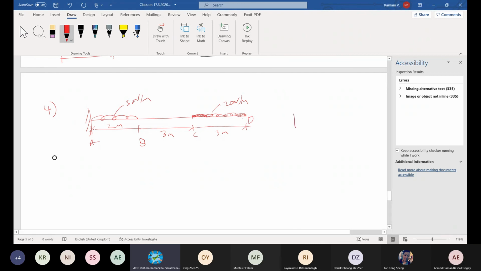Same, follow the positive, downward positive in the shear force, and upward negative in shear force. Bending moment also hogging, sagging, or sagging and hogging, negative, positive. Follow this and do it. If you finish shear force, anyone can share and show me the answer. I see who is coming first. If you done shear force, share screen and give me the answer. We will check. If a mistake also, don't worry. Make an attempt. All of you switch on your camera and do it.